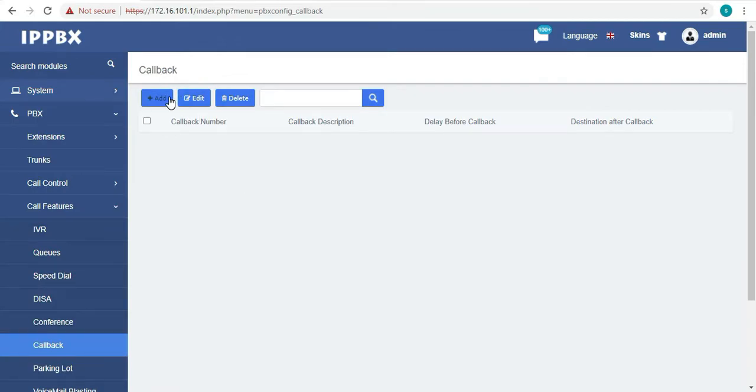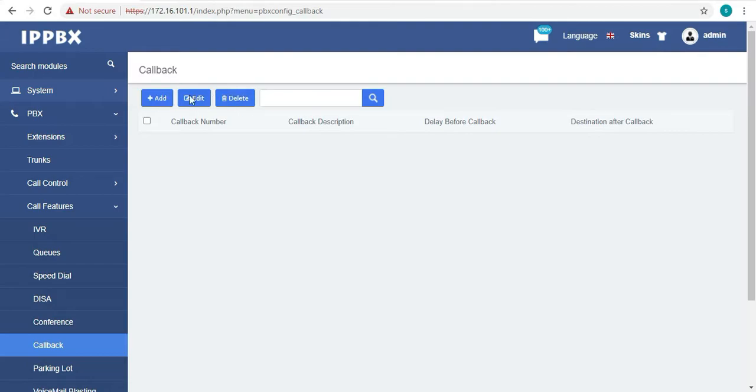As you can see, this is the callback feature. So callback allows callers to hang up and get called back to the SIP phone. It is a service developed for companies, industries and organizations that have a large number of incoming calls in a short time span. With the callback feature, you can create phone queues so that the customers don't have to wait for their turn with the phone in their hands.